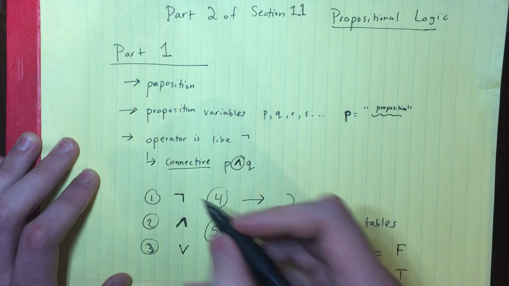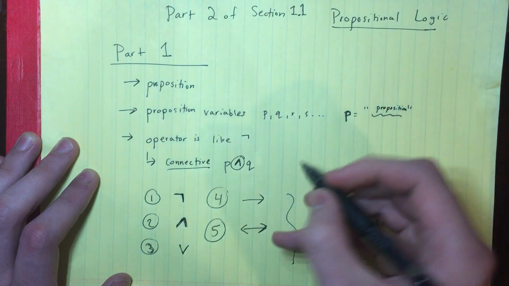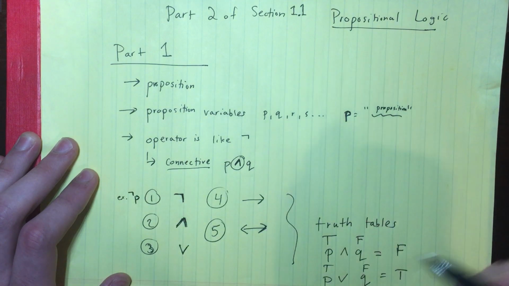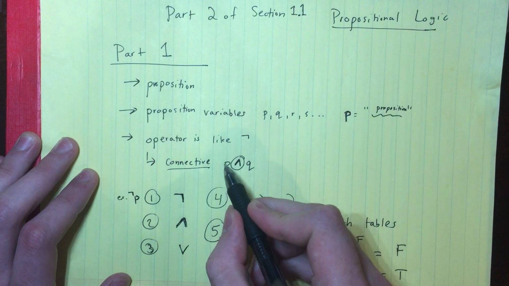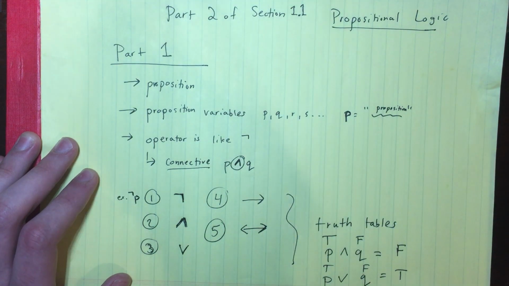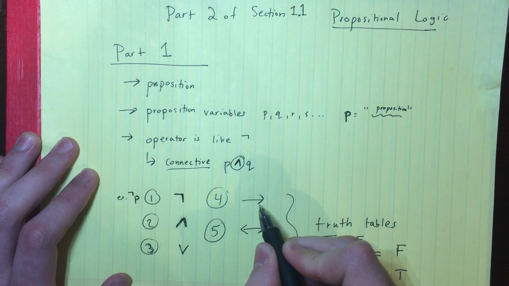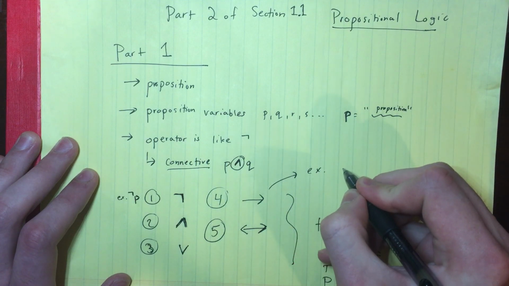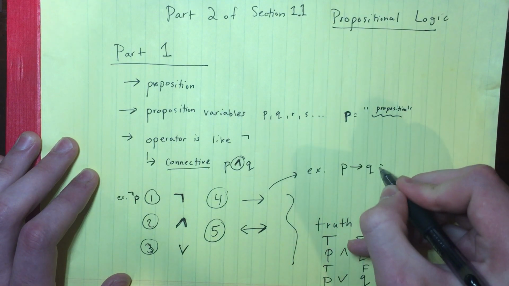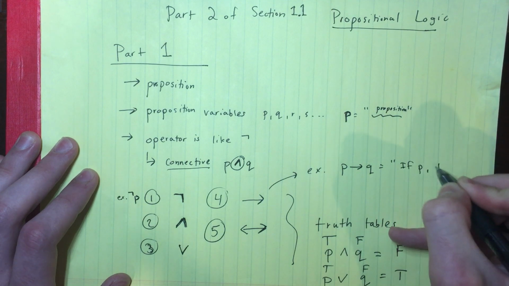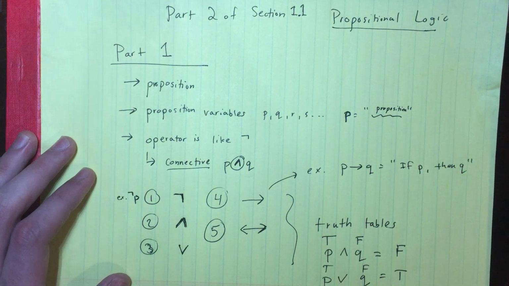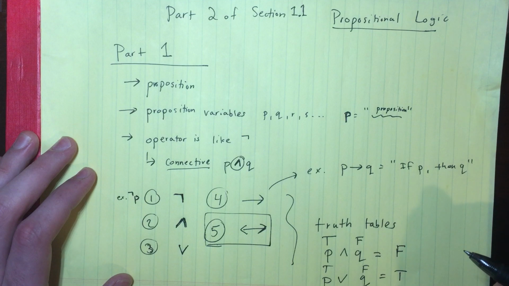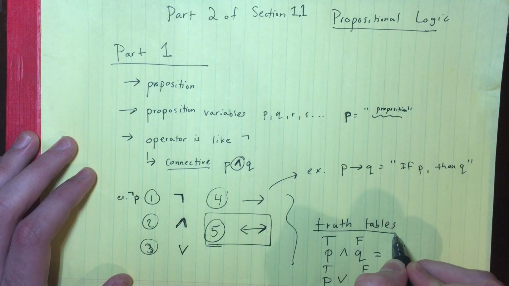So in part 1, we learned about the not operator, for example not P or not Q. We learned about the and, the or. These are connectives, like P and Q, or P or Q. And we learned about if P then Q. So for example, P implies Q is equal to if P then Q. And we're learning about number 5 today, and we also did truth tables of